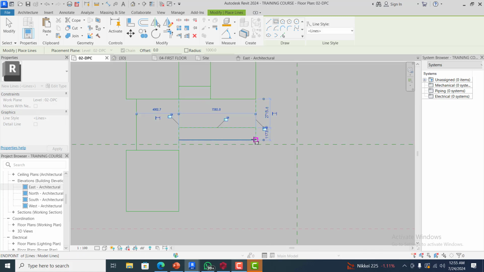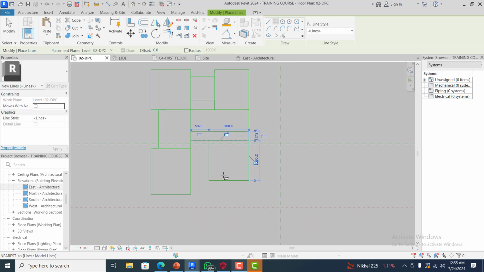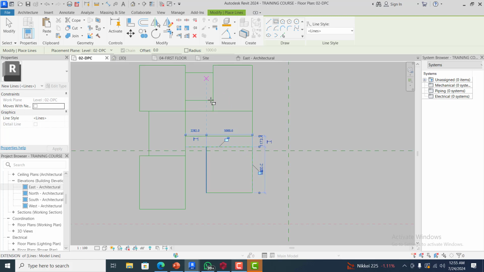I will just bring out exactly the shape of what I have existing that I want to reproduce. All right, so this is basically how the shape of that building is. So I'm going to